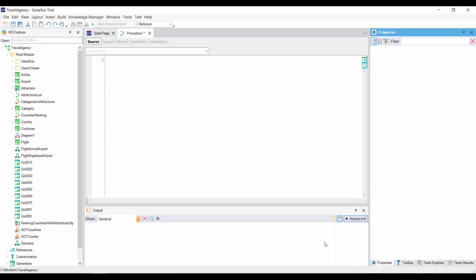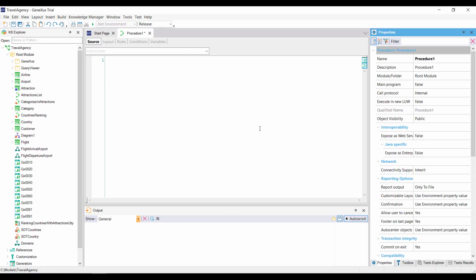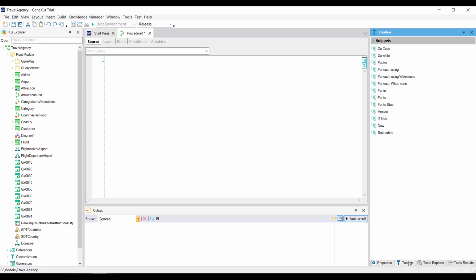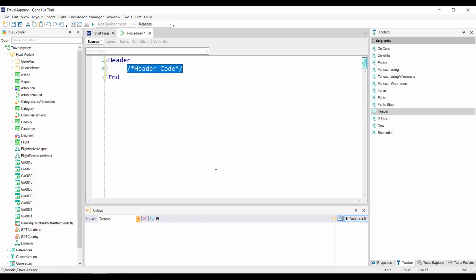Before reviewing everything we've seen, remember that the Genexus IDE is contextual, which means that the properties viewed from the toolbox depend on the object and the place where we're positioned. If we select the source of a procedure, the toolbox shows snippets, which are pieces of code that offer the general syntax of the different clauses and structures that can be used in the source of a procedure. Among them, there are commands to control the PDF file design, such as the header, that allows you to define a header that will be repeated on each new page of the list, unlike the title we've added that is only shown on the first page.